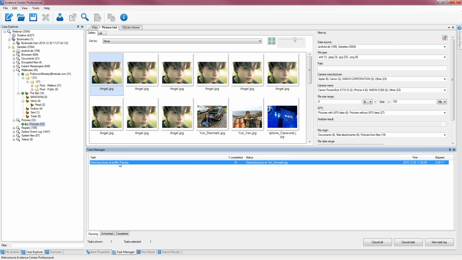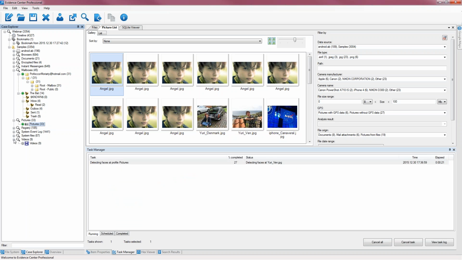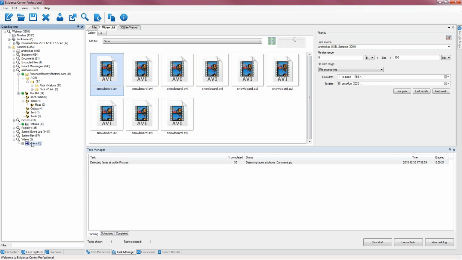So let me see my task manager. You can see it still searches faces. While it searches faces, let me show you the videos. For videos,